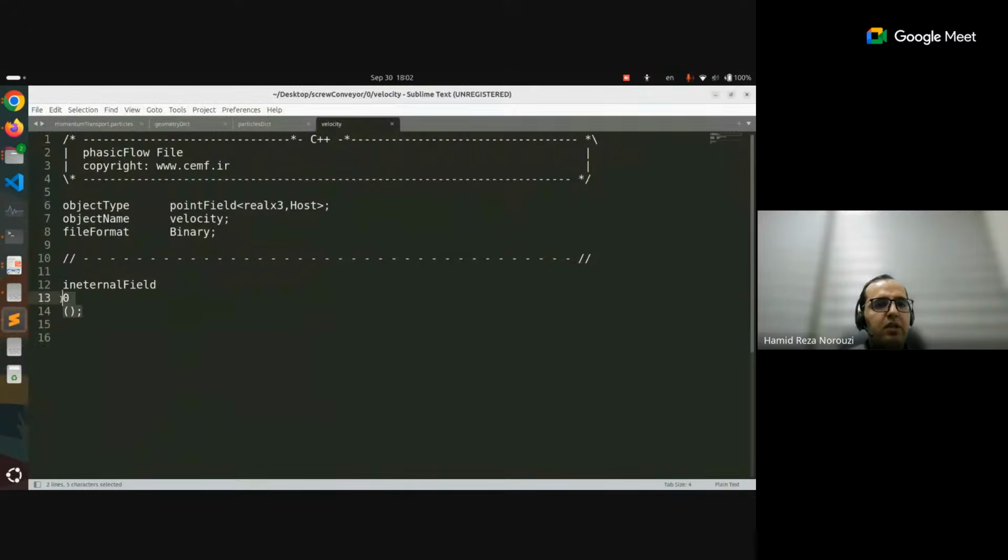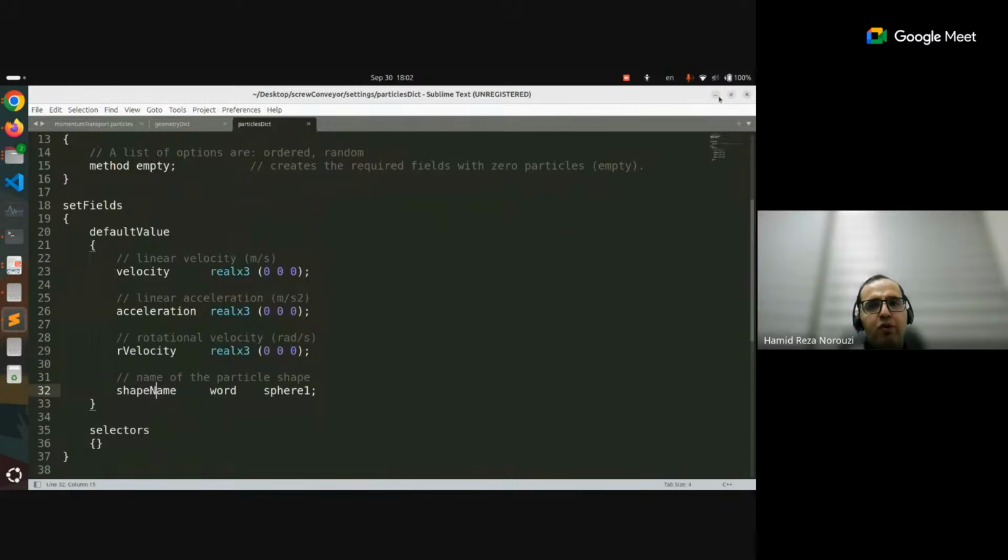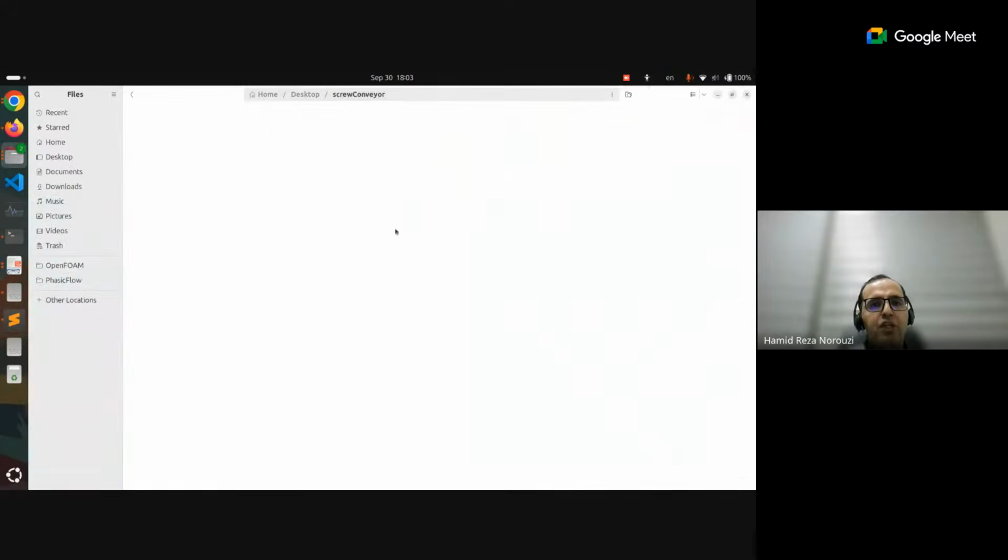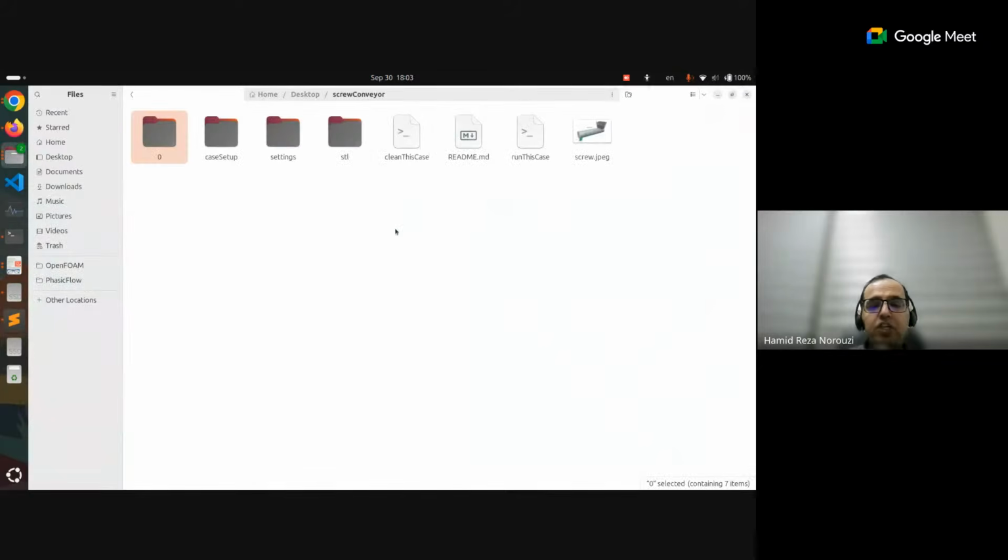As you see here, there's no particle or information in this file, but we should provide it. Okay, up to here, we created an empty simulation. We created the geometry with its motion model. Now I want to define the